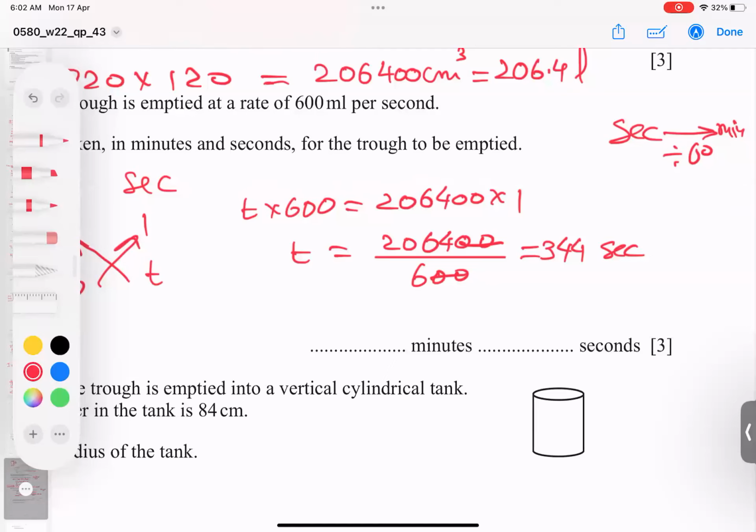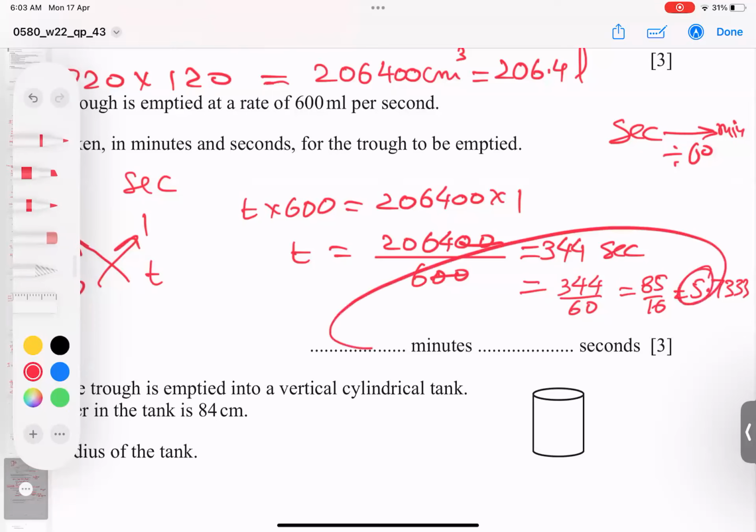So we will divide 344 by 60. And when we divide 344 by 60, students, I will get 86 over 15, or in decimal I get 5.73333. And for your knowledge, this 5 is called minutes,